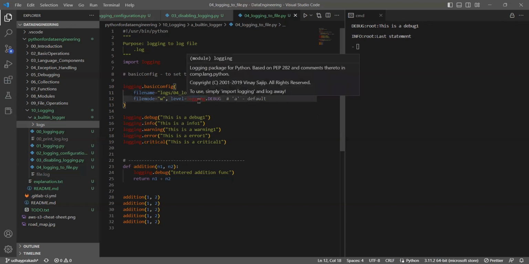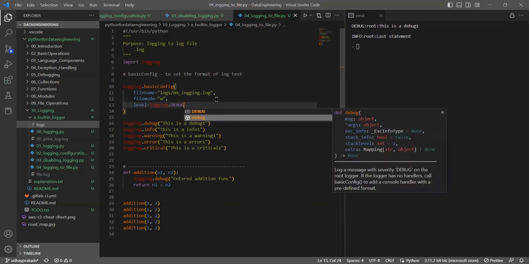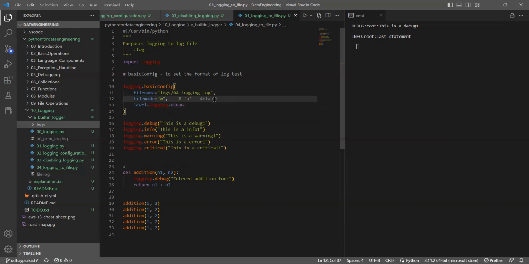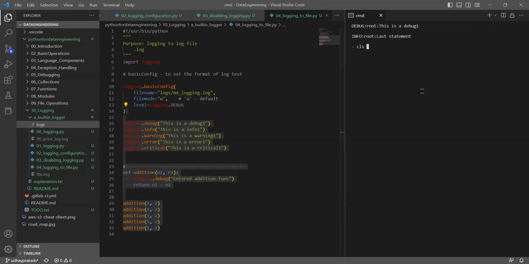And I want to create the file in a file mode of write. If you don't specify, the default mode is append. That is what you should be aware of. The default mode is append, meaning the existing content will also be there. And the debug level. The default level is what? Warning. After that, I gave all these statements. Now if I try to execute this program, python 04, if I execute,